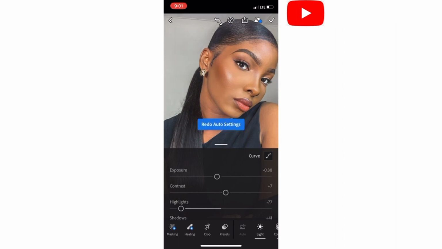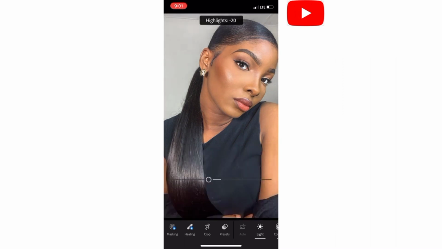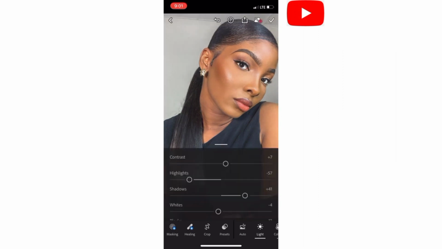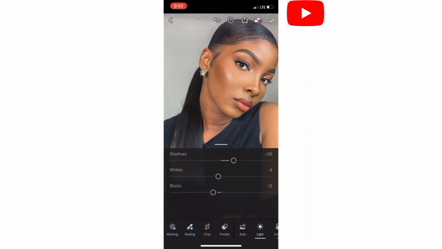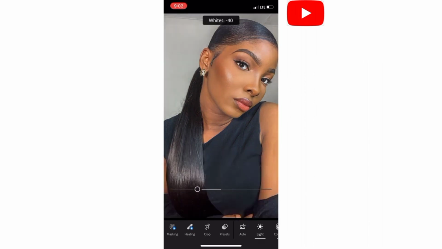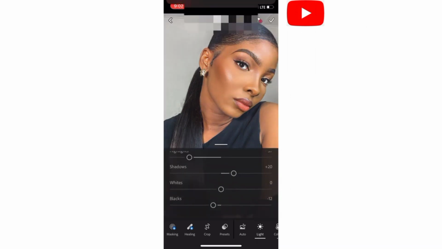So I'll click on light here and adjust what the app automatically did. I set the highlight and other things to a point, but I want to reduce and increase it myself. So I'm going to just adjust all these things, keep playing around with it and see the one that works best. If you want to make it dark a bit, or you want to increase the highlights or the exposure, the blacks, the whites, it's all in the light option here. So I'll just keep adjusting till I'm okay, and then